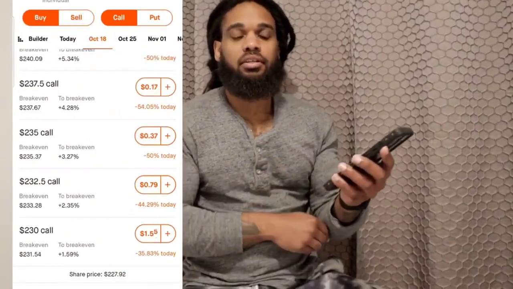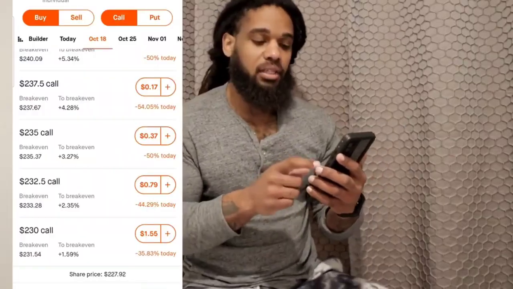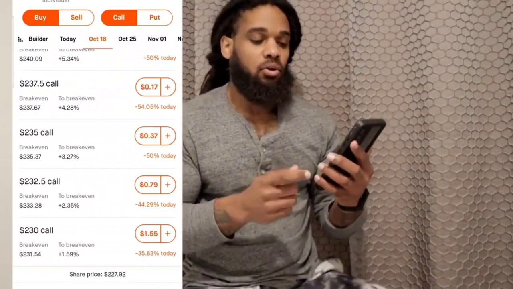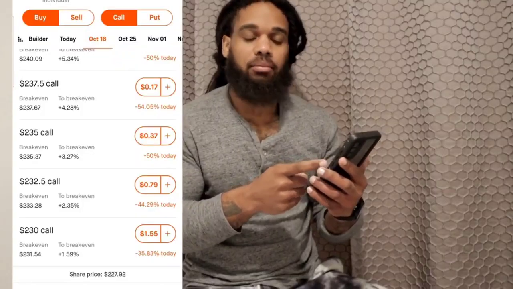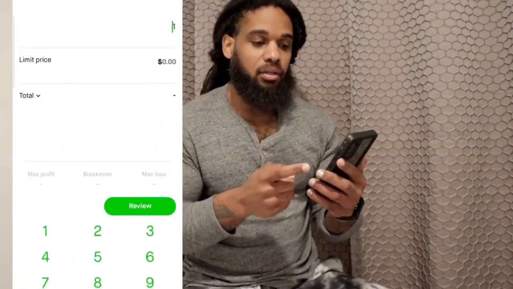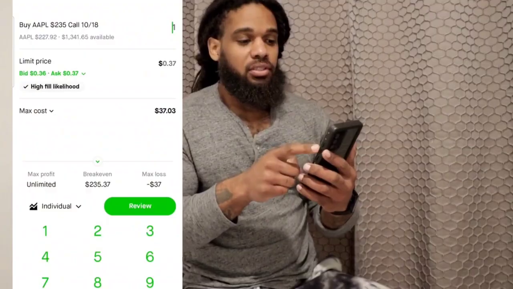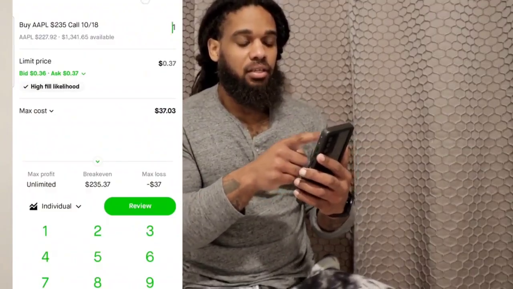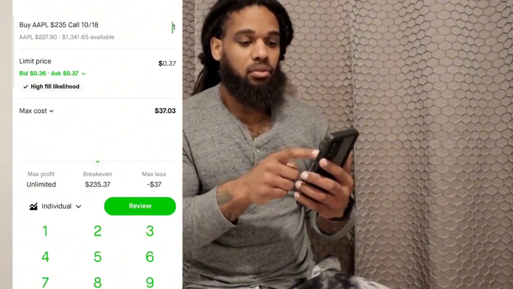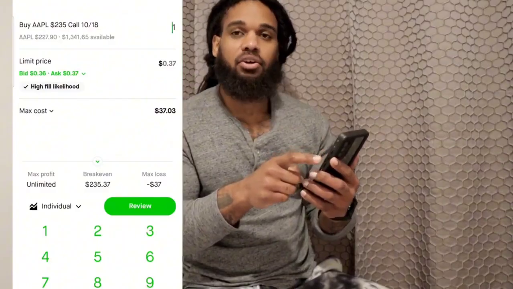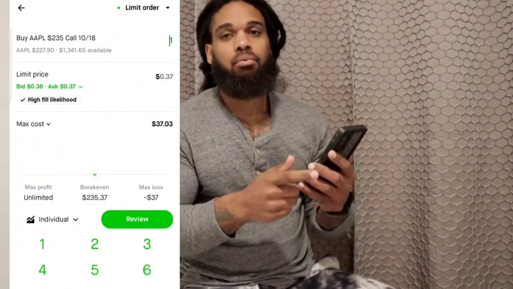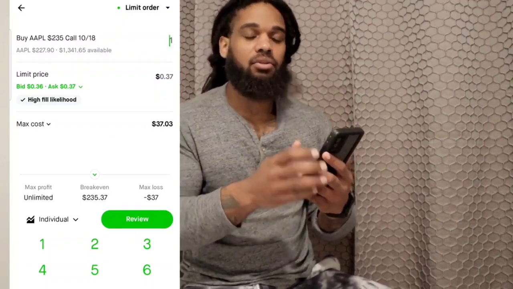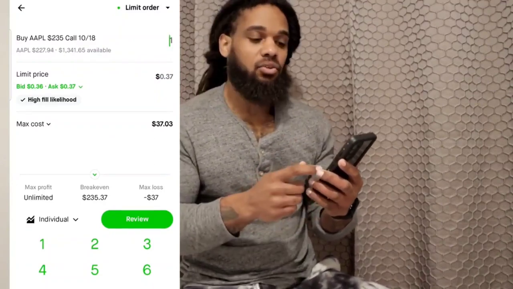Once you click on the specific strike price that you want to go into, so for example, this 235 call strike price, let's click the button. You're going to see the price is here. You're going to see 0.37 for this particular example. When it says 0.37, it's not 37 cents. It's going to be $37